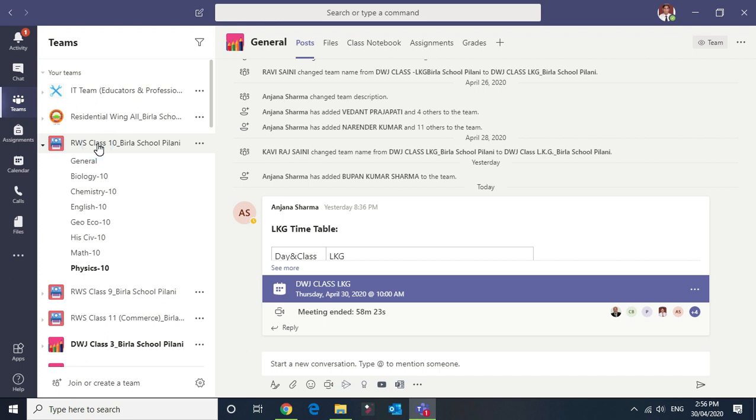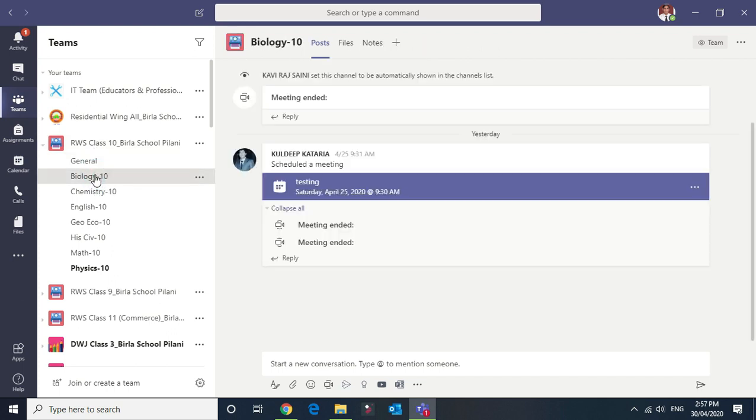The classroom will open and it expands the different subject names. These are known as different channels. Let's take an example. If you are a biology teacher, after the class is over or before the class starts, an individual teacher can go to the classroom from the Teams section and select the respective subject. When the subject is selected, on the right hand side there is a heading showing the particular subject name. Go to the Files tab.